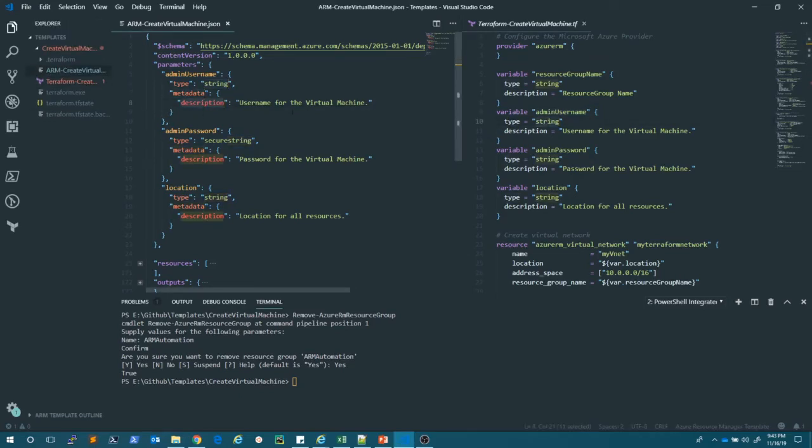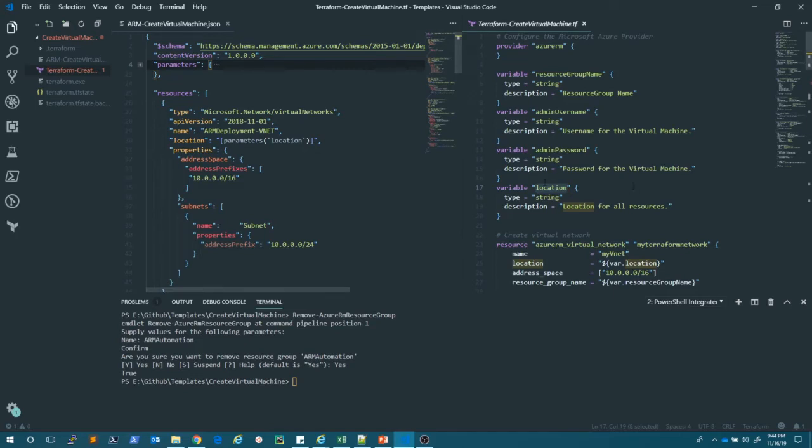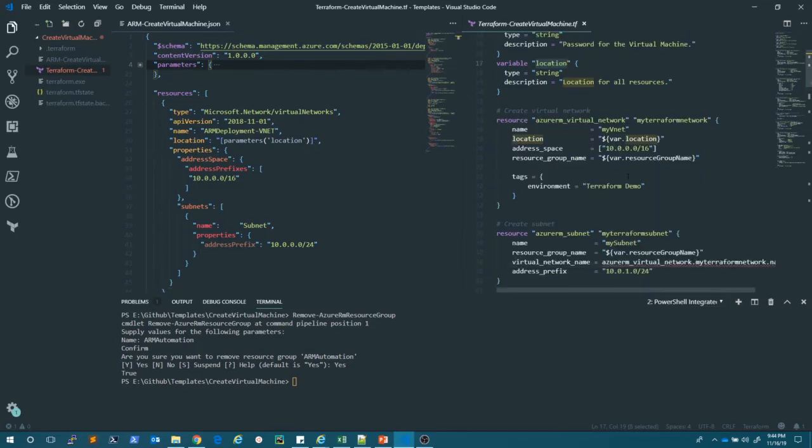Metadata description, I am mentioning user for the virtual machine. Here the description equal to user for the virtual machine. Like that, we are mentioning admin password and location. In Terraform also, we are creating input variables like admin password and location. Let's go to the resources. So in the resources section, if I compare side by side,